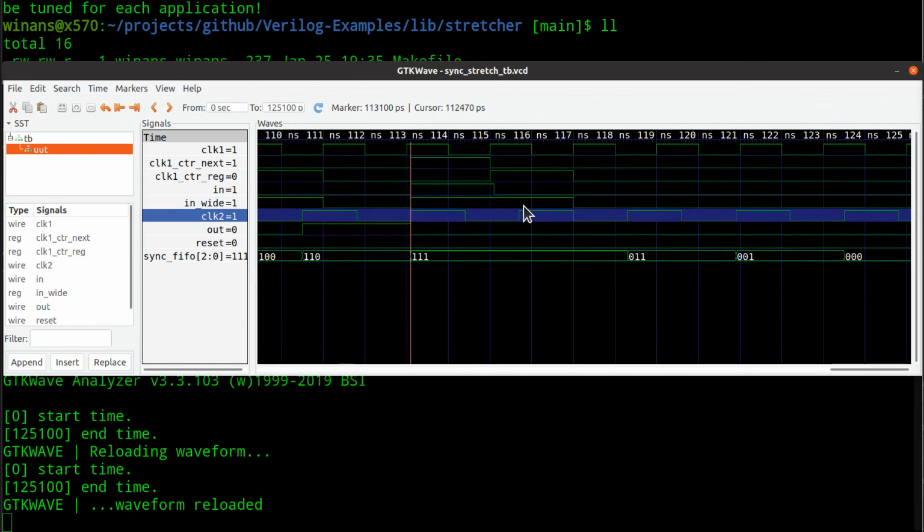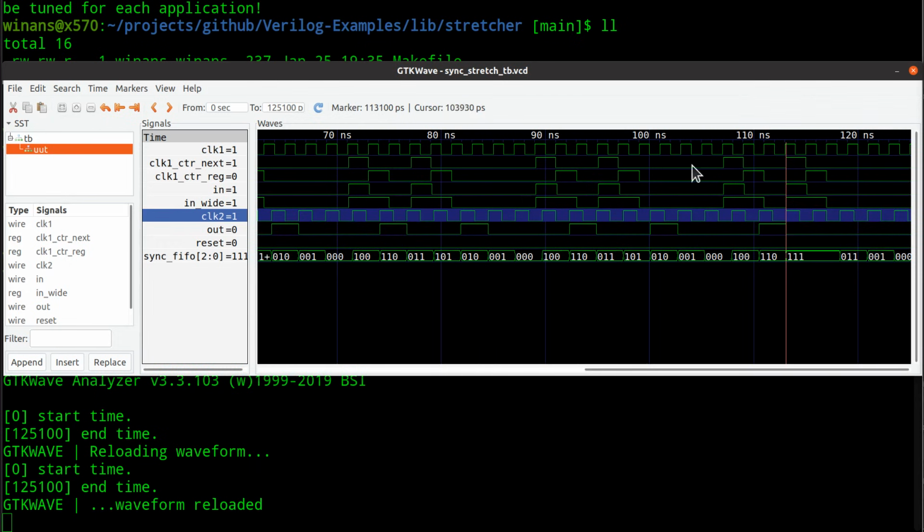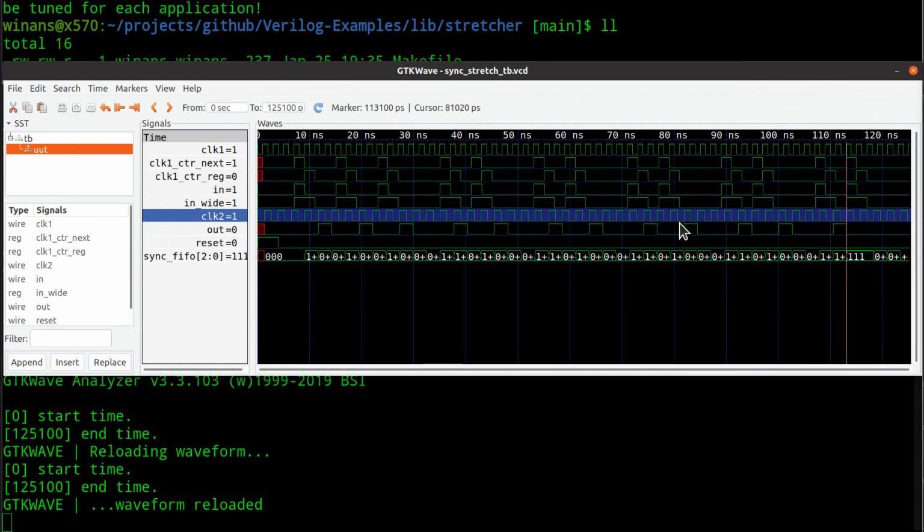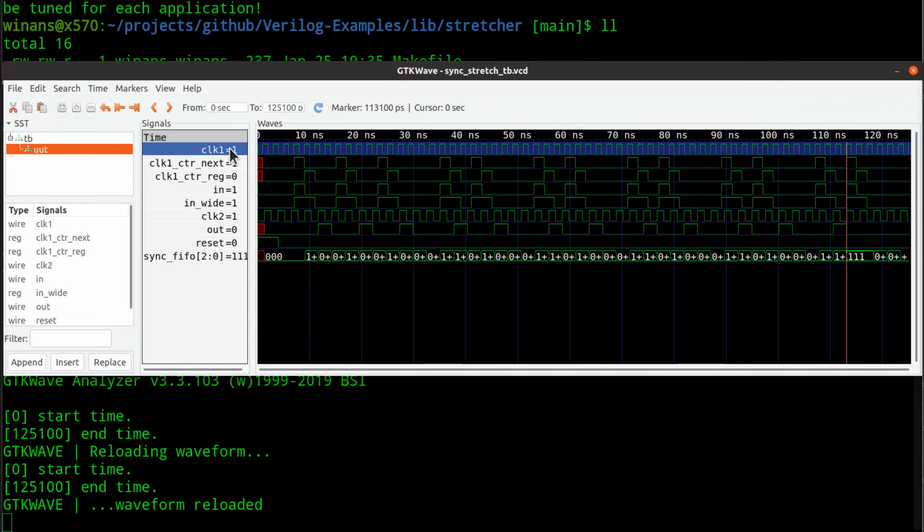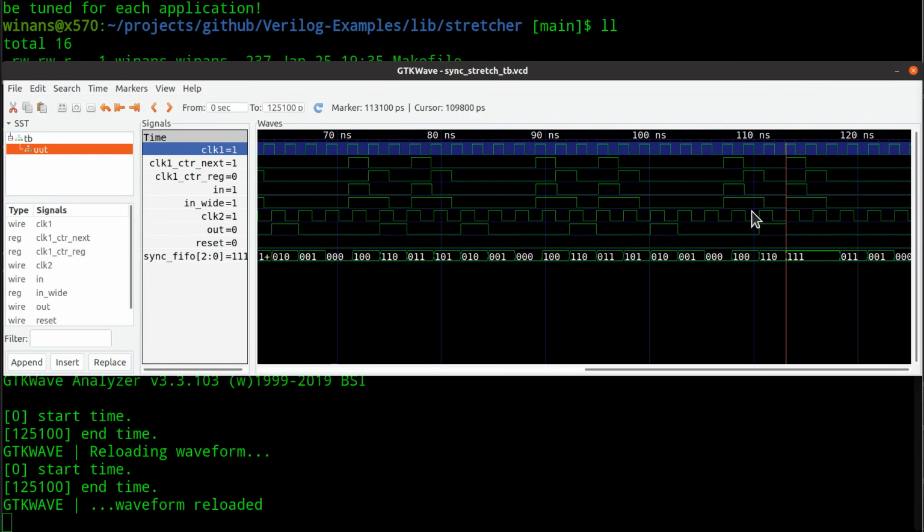So this is your problem when you're tuning these things. This is an example of it not working. When clock 2 is running slower than clock 1, you cannot generate input pulses too close together. In this case, whatever these are, they're ever so slightly too close together. If you just had one extra clock cycle of delay in this clock 1 domain up here, this would have